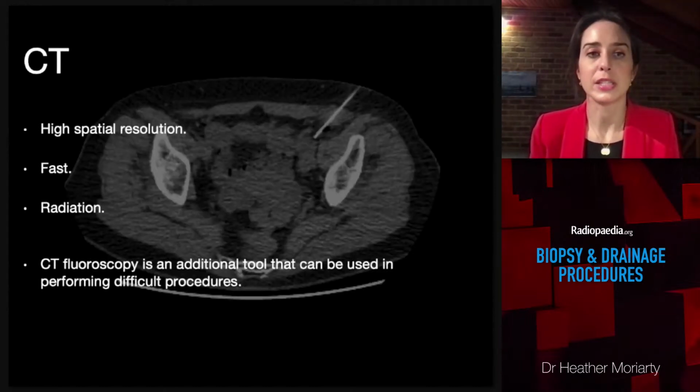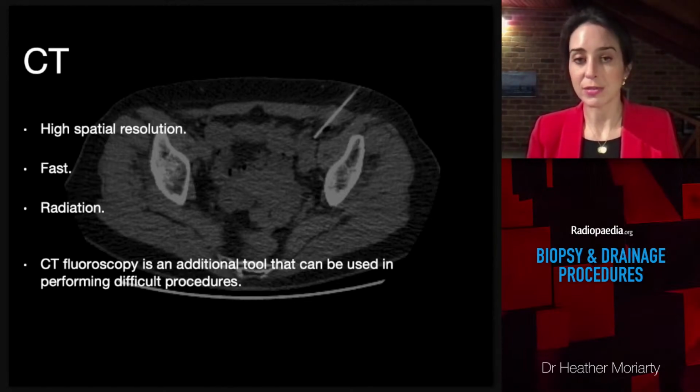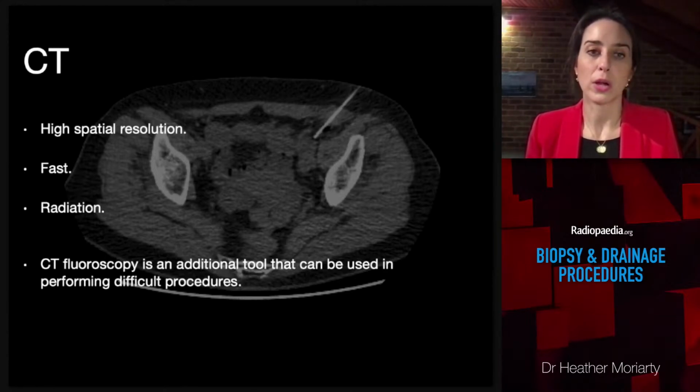CT has certain advantages too. It has excellent spatial resolution. It's particularly useful in the thorax and when there's bowel close to your path. CT fluoro can be very useful for performing difficult biopsies, as you have almost real-time imaging. I have to say I don't use CT fluoro very often. I tend to walk in and out of the room to minimize the operator dose. I use CT fluoro generally just if my patient is very restless, or if whatever procedure I'm doing has a